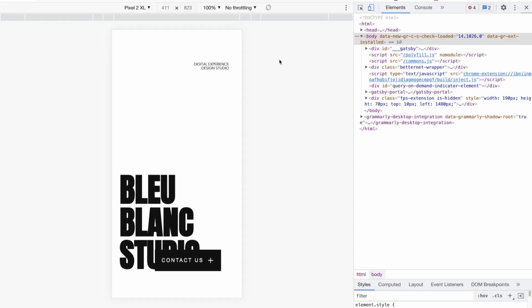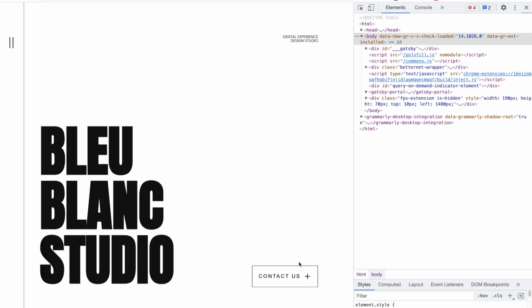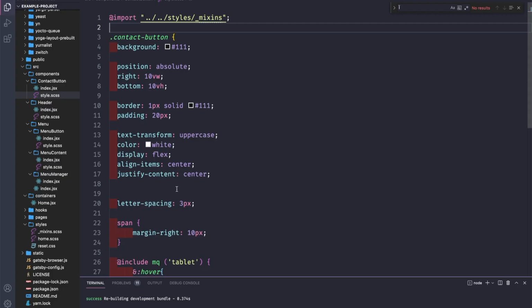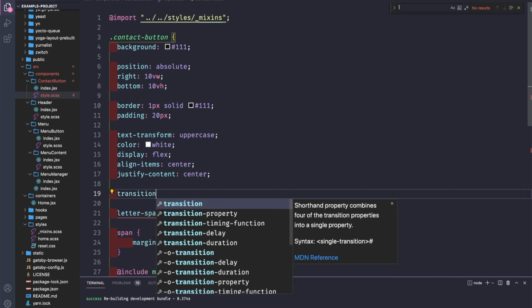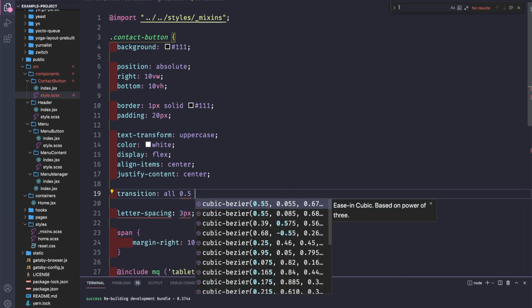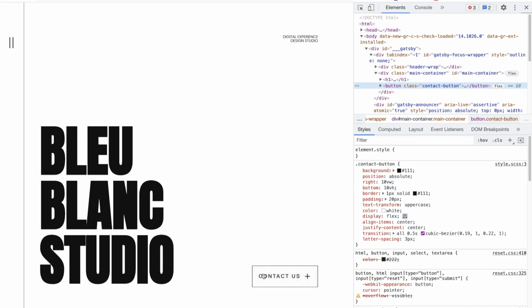So let's get it out of cover, we change the background. Let's add a transition, all 0.5 would be easier, 0.19, 1, 0.22 and 1. Yeah, so now we have a smooth transition,